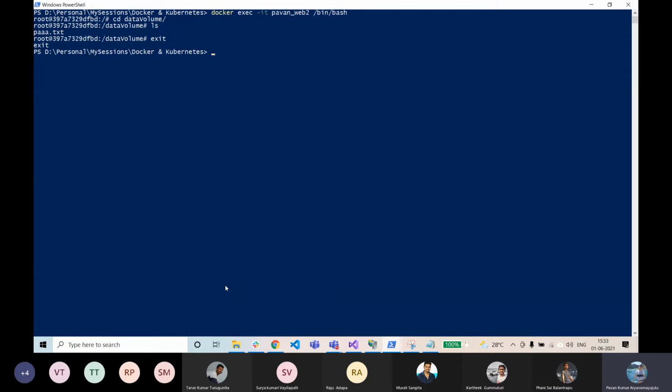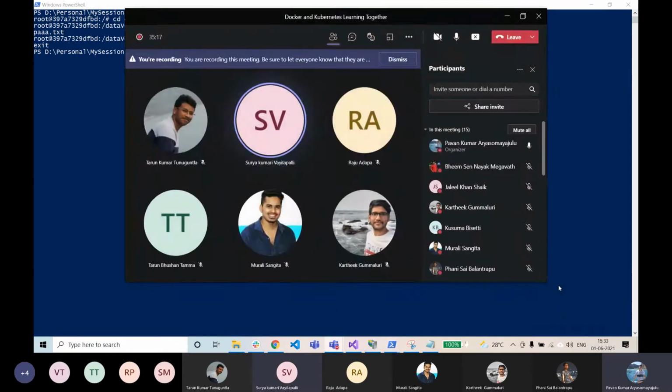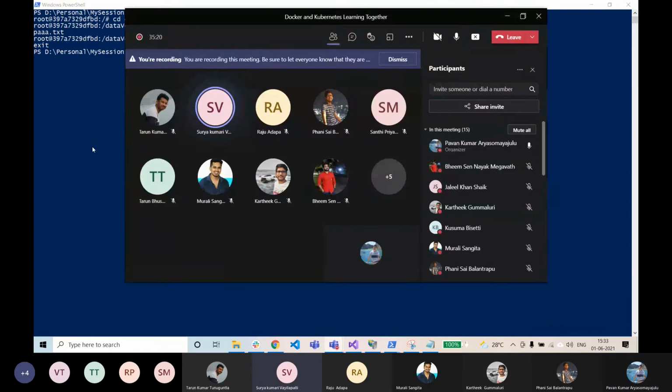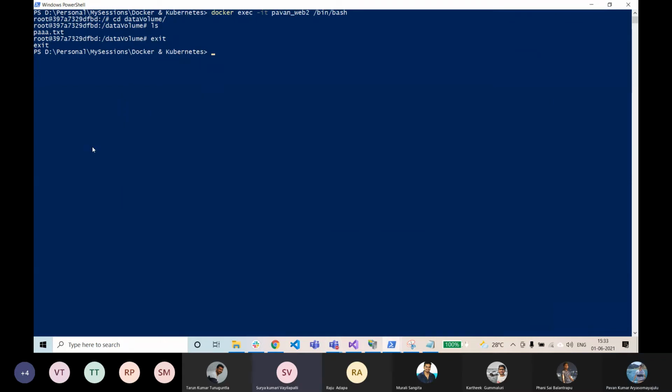So now let's see if there are any other questions till now, or is this confusing? Hi, Paul. This is Surya Kumari. Yeah, fine. Hi. Actually, I have a doubt. If the main Docker volume which you have created, if we delete it, will the data be existing in the remaining two where we have cloned to? Yeah. So your question is, if we delete this particular volume, right? Obviously it shouldn't be present, but let's see.